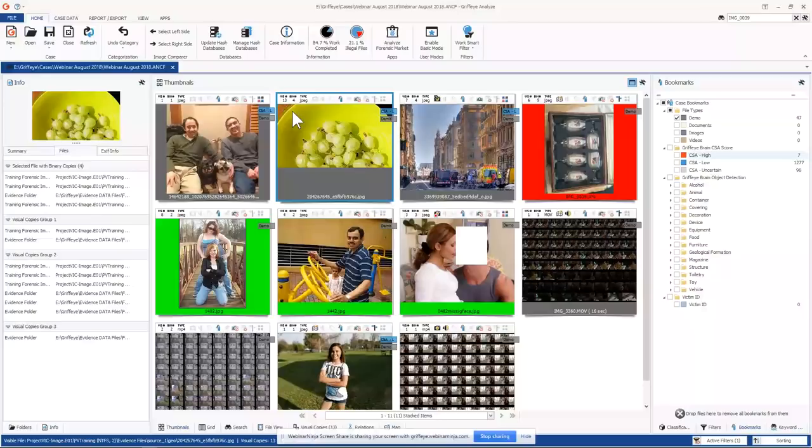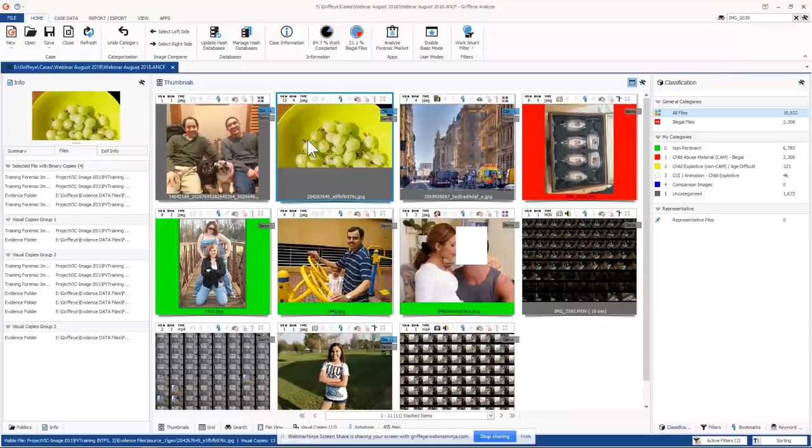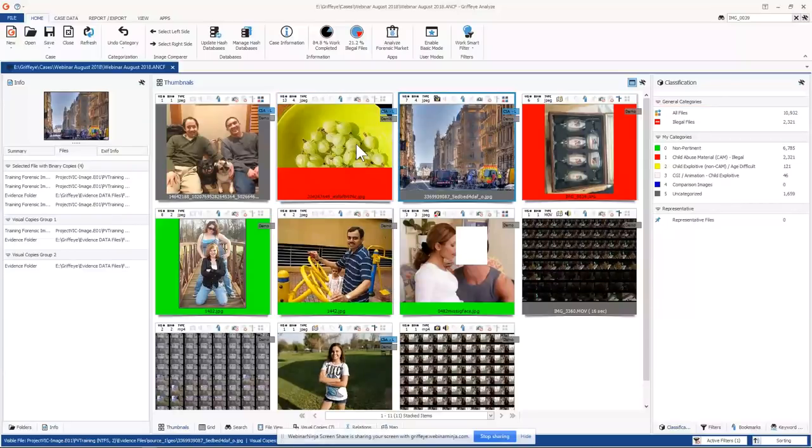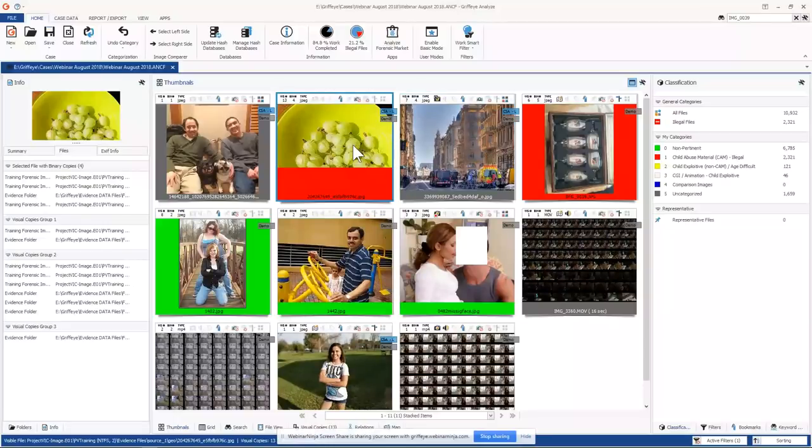So let's work on that and make it through by not having to go through so much data and so many pictures and videos. If I want to make a determination on this file, I say, hey, this is child abuse, I can just categorize it, and it's very simple. If I want to make this a category 1, I would hit the 1 key, 2 key, 3 key, 4 key, whatever I want to do. So I want to make this a category 1 file. I can select that and make it a category 1 file if I want. And now it's categorized as such, and I can continue in my investigation.